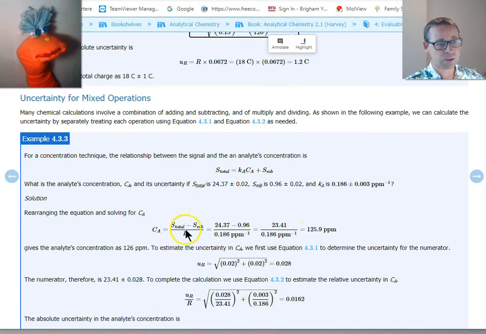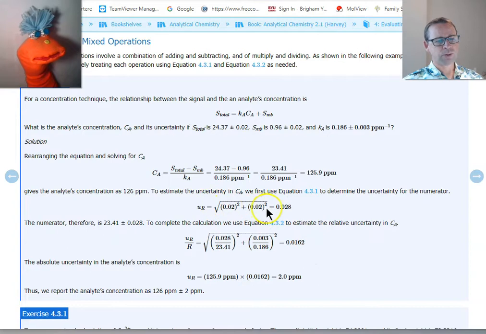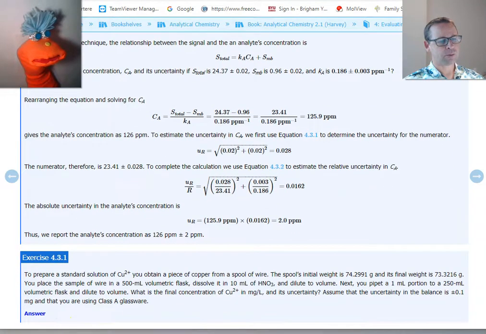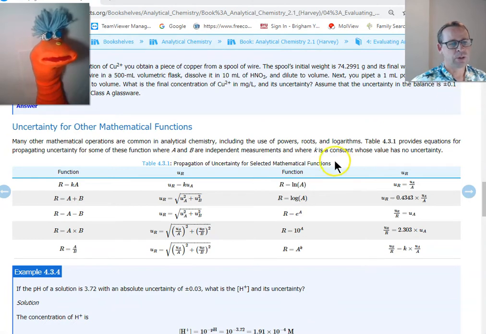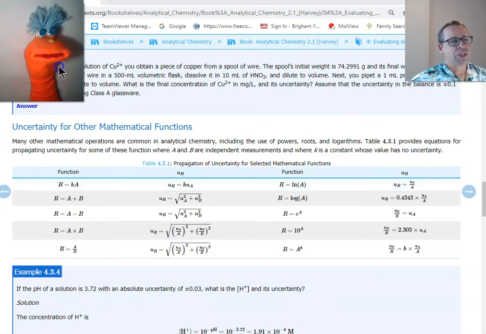0.003. Oh, that was Ka. Yeah, wait. Oh, yeah, that's the error on the Ka, right. Okay, very good. So we had to use one rule for addition and subtraction and one rule for division. Okay, very good. All right, so here we have a bunch of